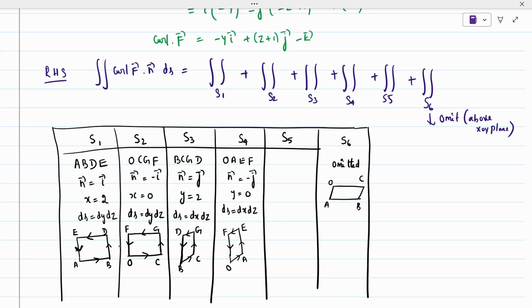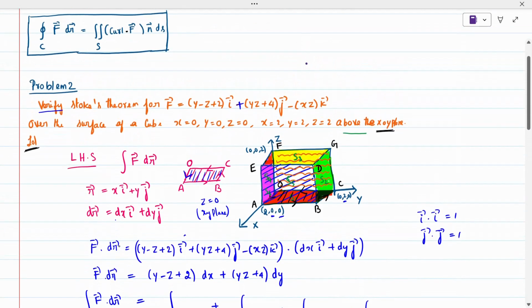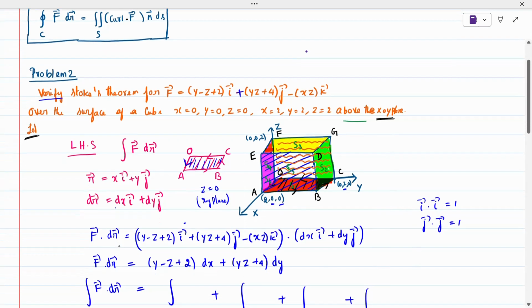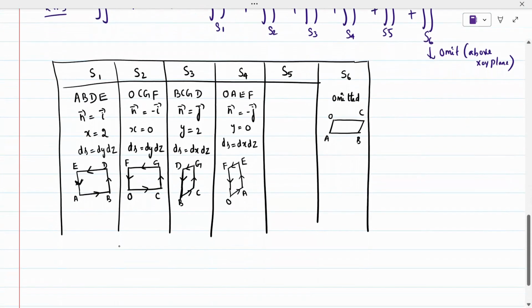Completed. My fifth surface will be the top, which is already taken. So top is nothing but D, E, F, G. I told clockwise before, but anti-clockwise we have to use here. So anti-clockwise means D, E, F, G. The omitted surface will be OA, anti-clockwise. Okay, the diagram will be: